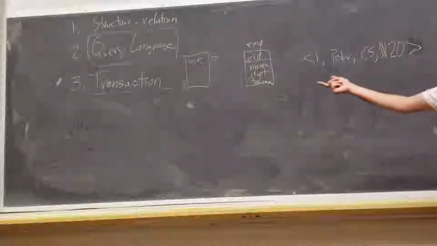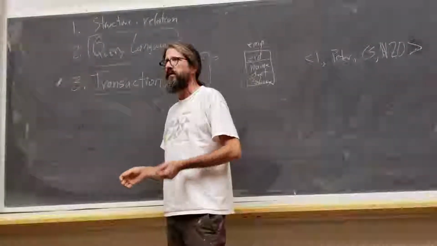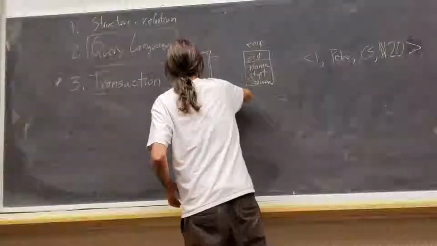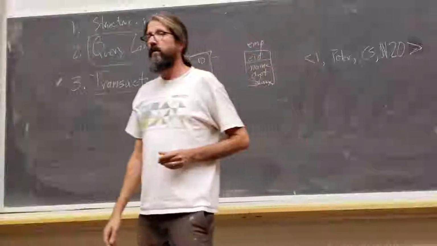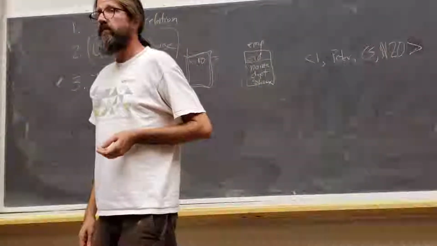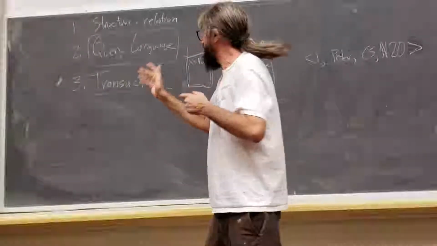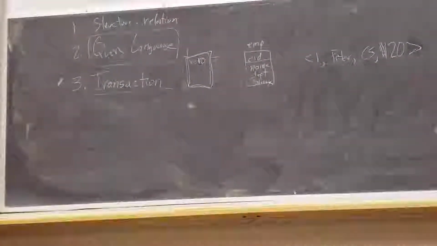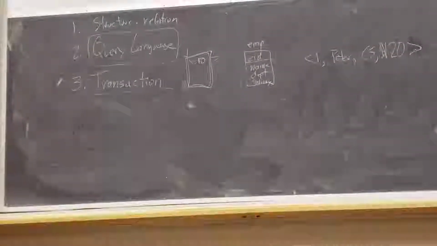Is transaction meaningful for anybody? Does anybody have a sense of what a transaction would be in a database? Or even what a transaction would look like in the sorts of key value stores that we've been playing with so far? Yeah? The transaction is like a message, so to speak, like that's the request. Well, but if that were true, then we've already studied them, right? So it must be something more than that. Yeah? A series of writes to the database that you would like to commit or roll back. Yeah, so there are two aspects, right?